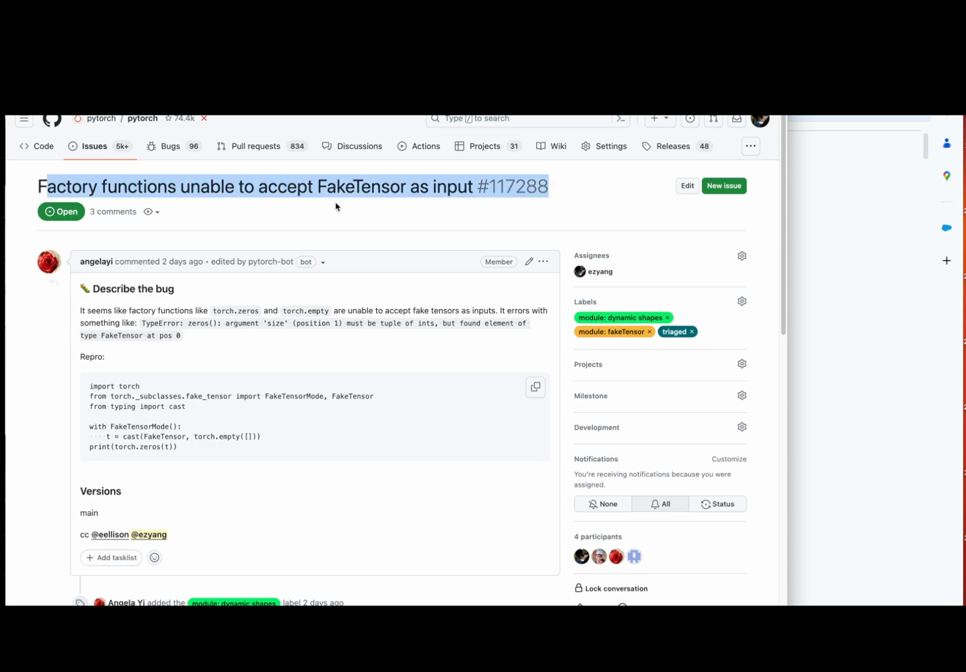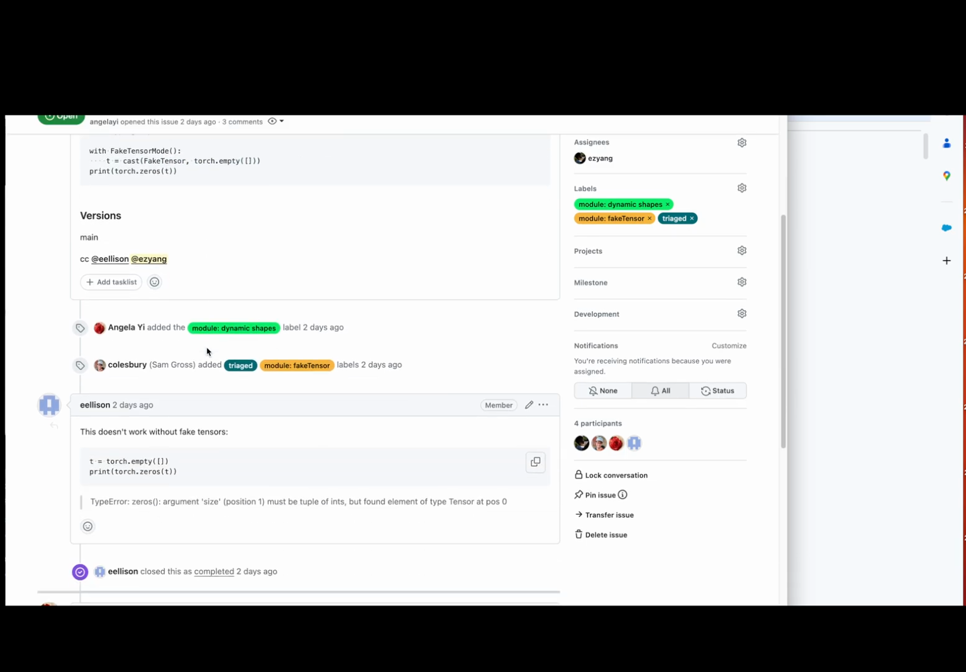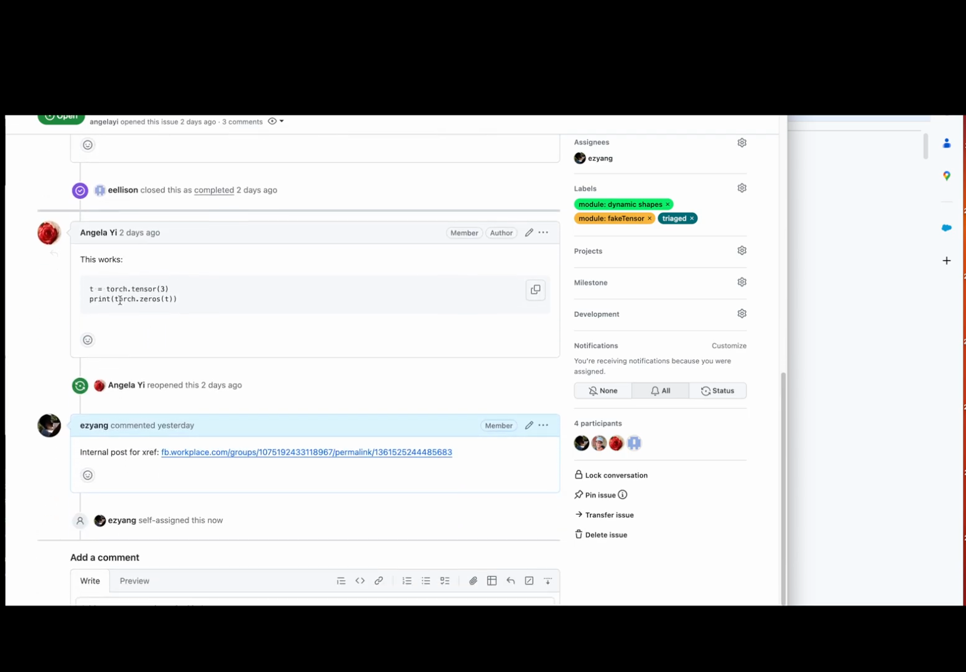It's factory functions unable to accept FakeTensor as input. This one's going to be related to, I think, the Python argument parsing in PyTorch. So the problem is essentially if I call torch.zeros and I pass it a fake tensor as its argument, this doesn't work. And specifically,